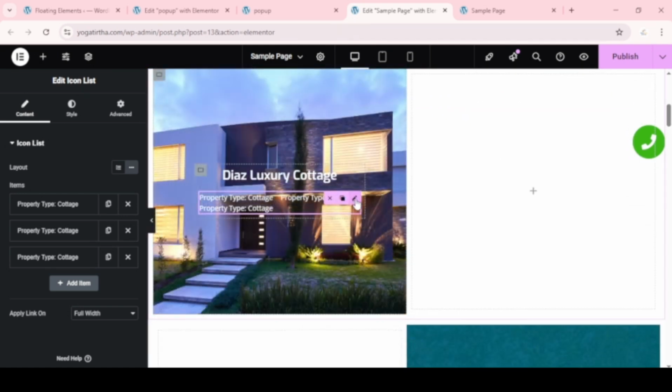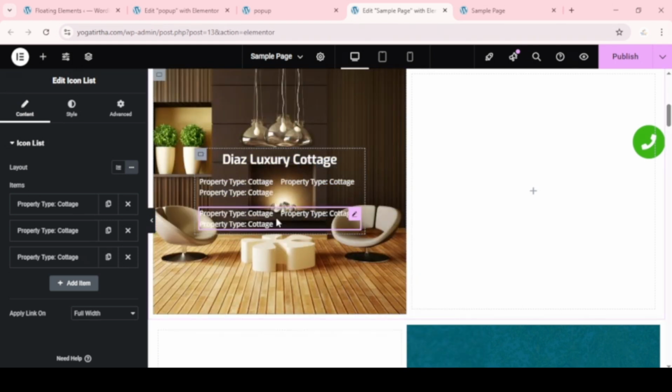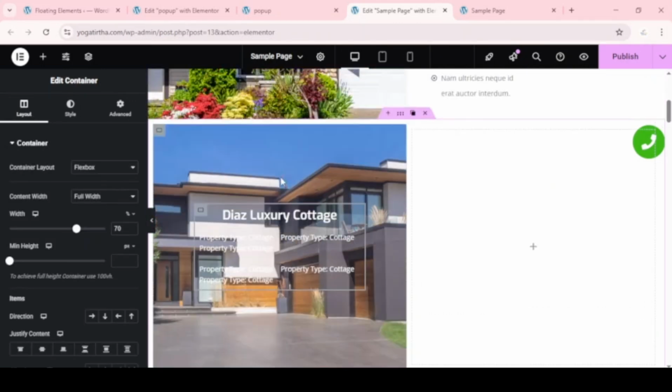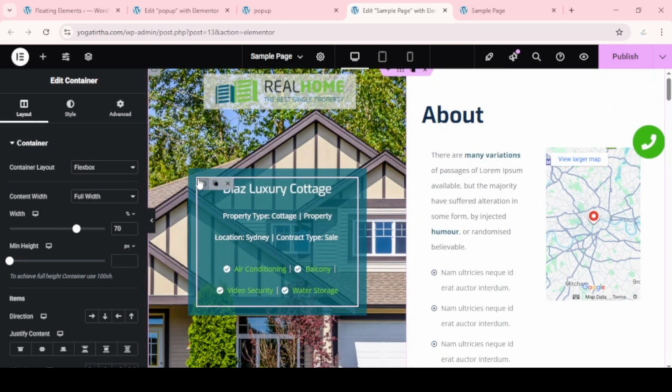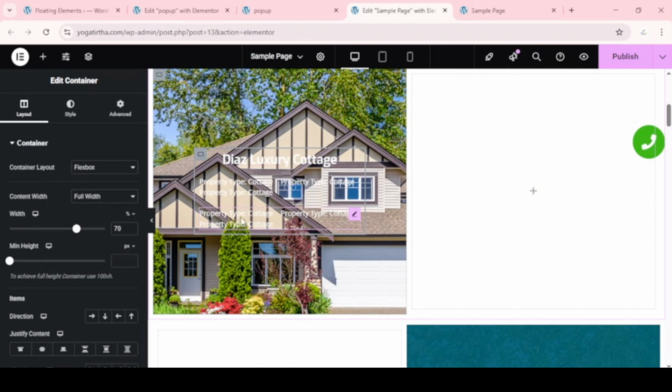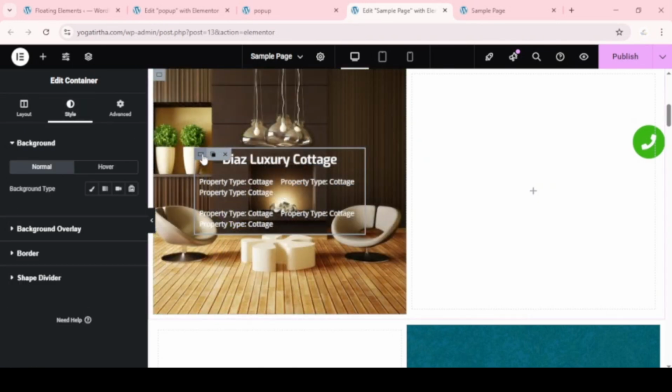So I will just show you how you create this thing. Once you understand the step, you will also be able to create it. So what will you do? Here you can see a one pixel border. So how will I create this thing? First I take a background, I click this container and go to style, and I click background,